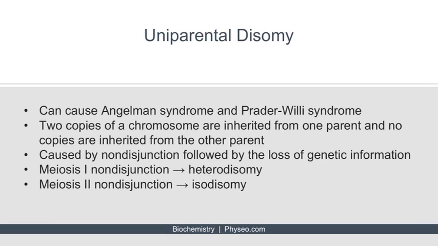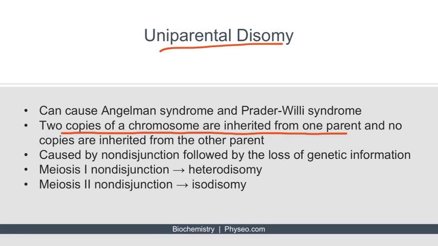Okay, we've discussed the two most common causes of these two disorders, but Angelman syndrome and Prader-Willi syndrome can also be caused by uniparental disomy. Uniparental disomy refers to the idea that two copies of a chromosome are inherited from one parent and no copies are inherited from the other parent. For example,